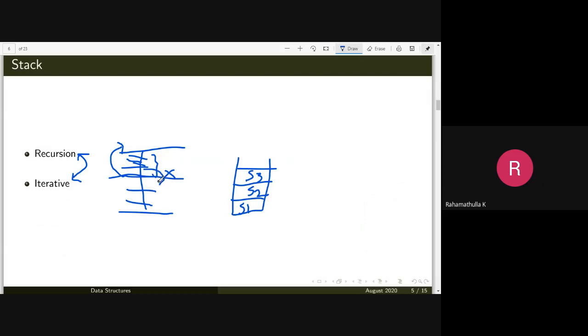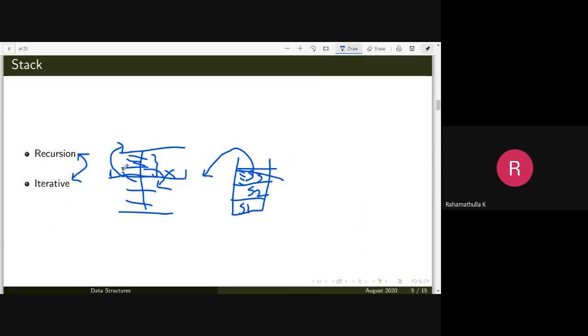You jump out of this and you reach here. That is, you have come out of the third recursive procedure. So at that point of time, the system state of that particular call needs to be restored. So you can remove the top entry from the stack and use it. So S3 has many variables, and these variables have some values which are related to the latest state of the system, and that can be used here. So this will be removed.